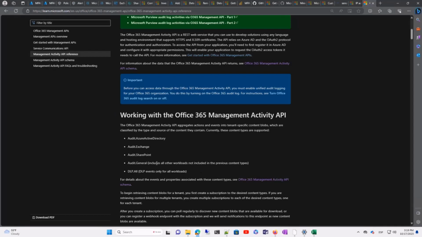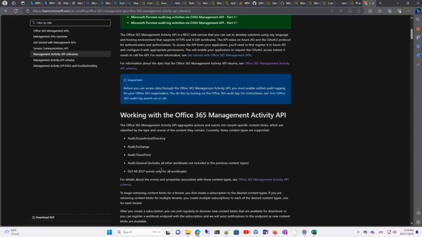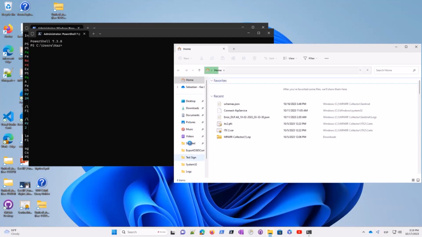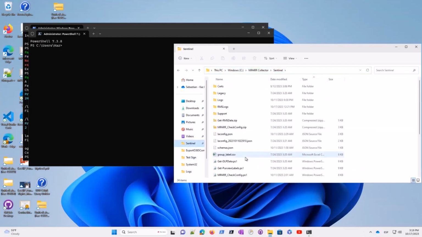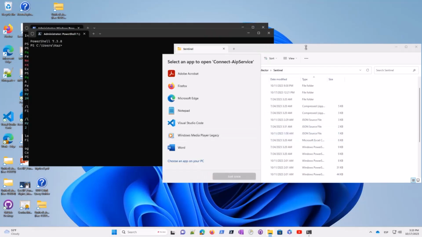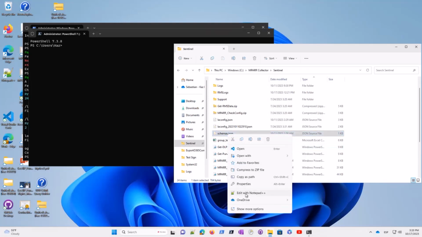But the advantage that we have with this solution is that if for any reason our product group decides to add a new content block, the only thing that we need to do is, in the folder that we use with the MPARR collector, we have this file, schemas.json. If we take this schemas.json,